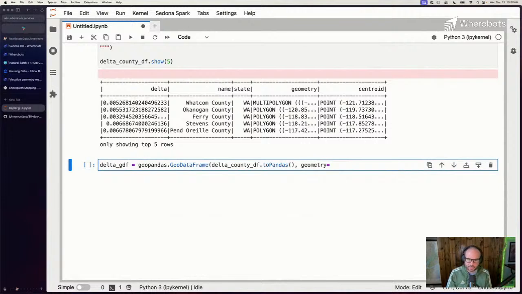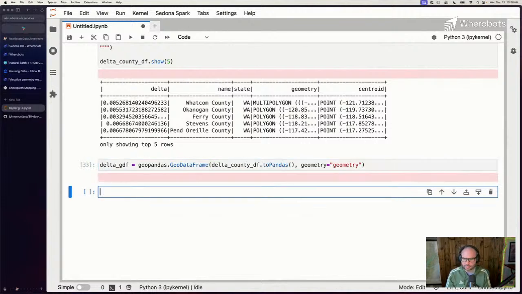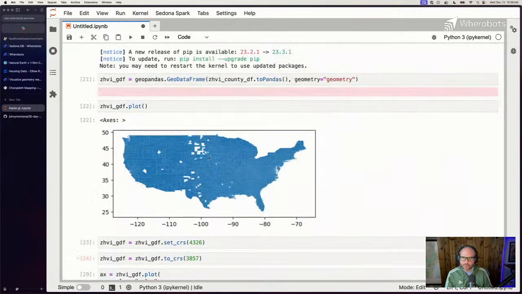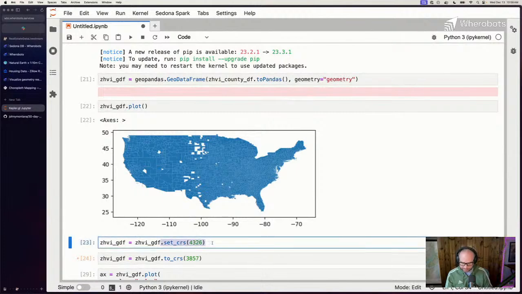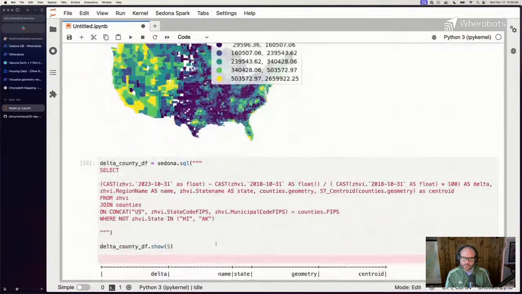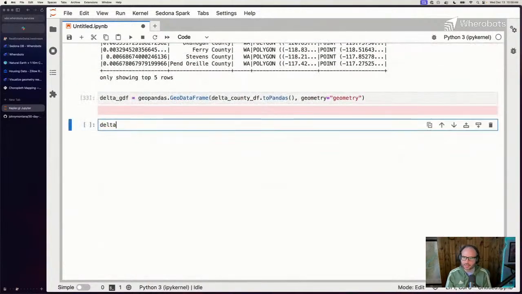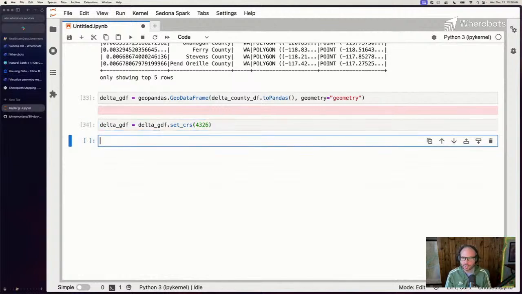Specify the geometry column. Cool. And then previously we set the CRS to specify that, and that returns a new data frame. So we explicitly set that, and then